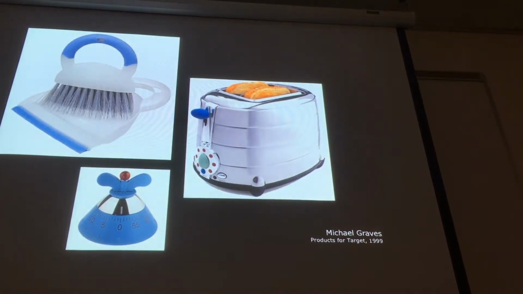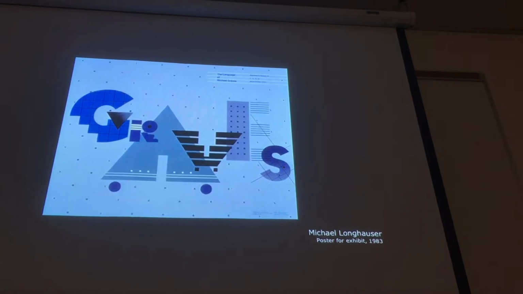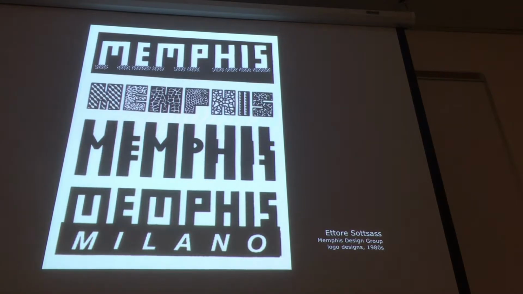And then once he started doing it, people started to capitalize on this aesthetic, this look. So other designers started to see what Michael Graves was doing with three-dimensional objects, and started to reinterpret that into the two-dimensional aspects of what graphic design was. And once we saw that, people started to get ideas and started to use this new stylistic quality in the designs that they were doing. As I mentioned, one of the groups that was doing this was called the Memphis Design Group. And the leader of the Memphis Design Group was this guy named Ettore Sottsass.